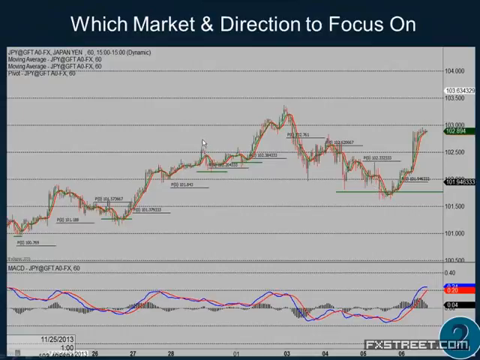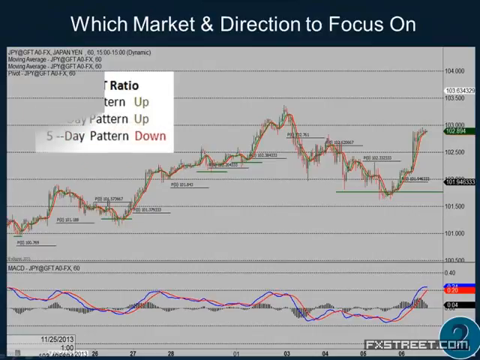Well, the first thing I want to ask, before I trade that market, is what does my ratio say? And here at the time, that's my ratio. My ratio is still telling me that 2 out of 3 patterns are up. So I'm not biting. I'm not taking sell signals here. I'm still focusing on buy signals. I don't care about this 60-minute pattern, I don't care if I'm looking back 10 days or so. I don't care if I'm getting lower highs and lower lows now. To me, the pattern's still bullish.